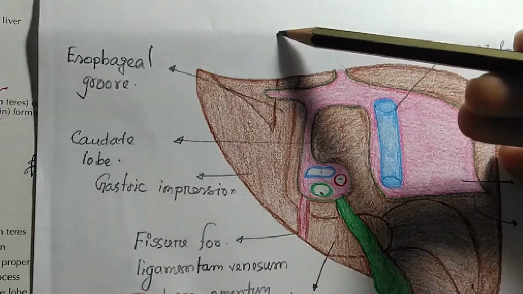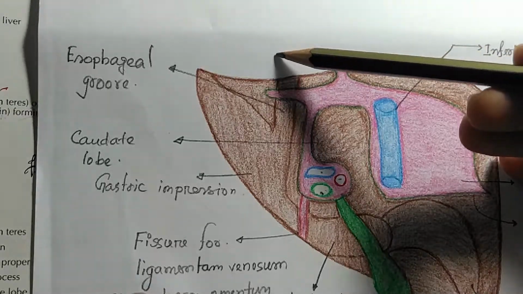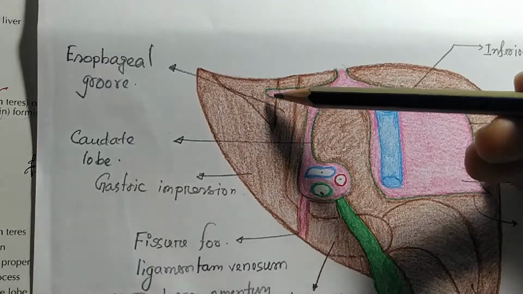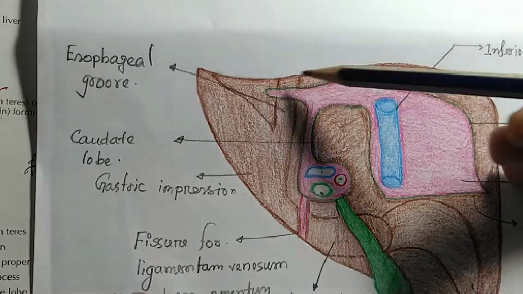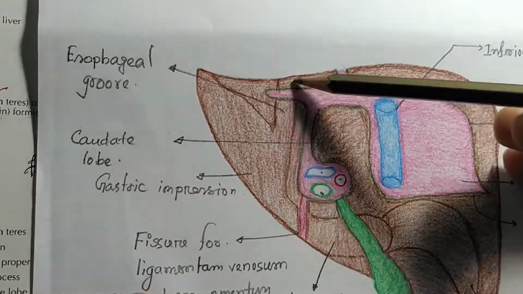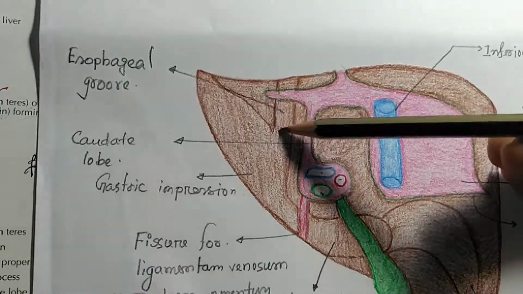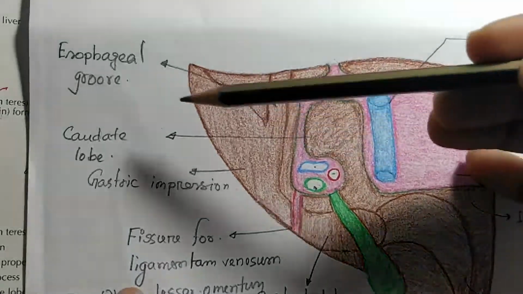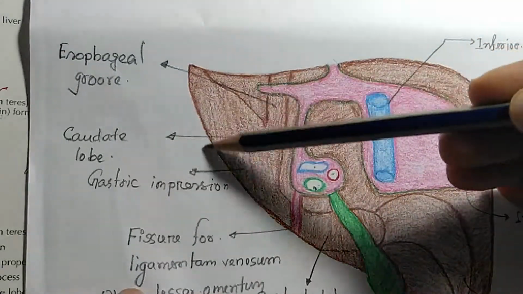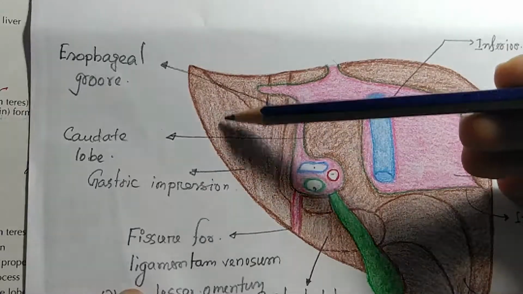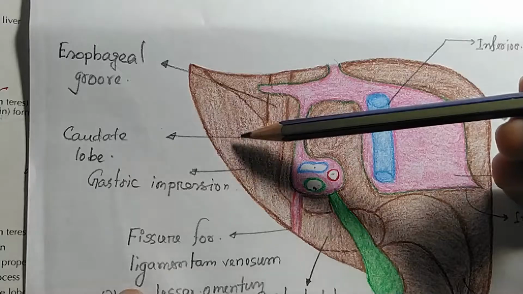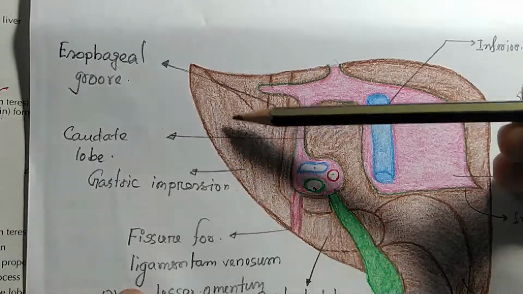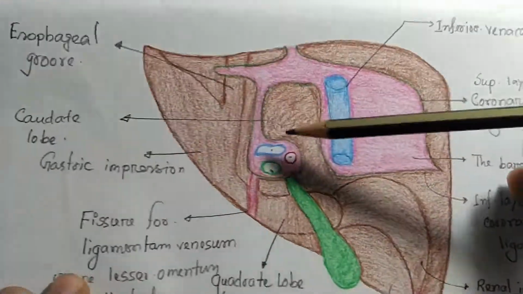Okay, so when the thoracic part of the esophagus crosses the diaphragm and enters into the peritoneum, that forms the abdominal part of the esophagus. The abdominal part of the esophagus lies posterior to the left lobe of the liver, and the rest of the portion is the gastric impression. That means the greater curvature, lesser curvature, along with the fundus and part of the body, lie against the gastric impression.